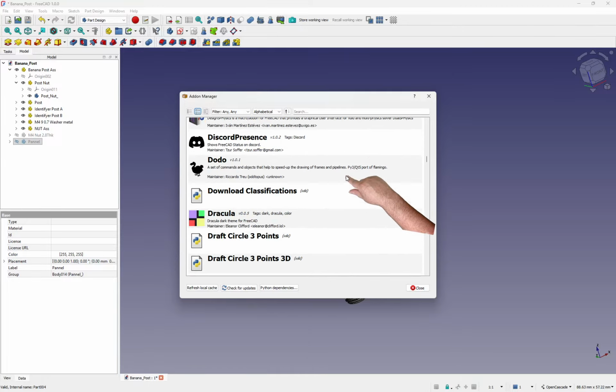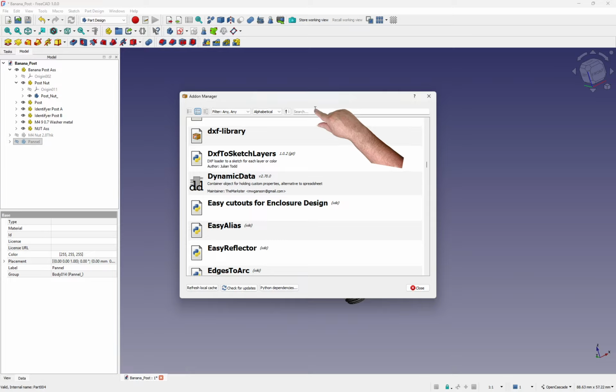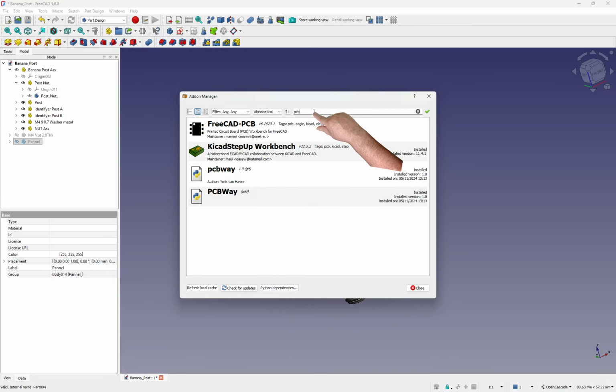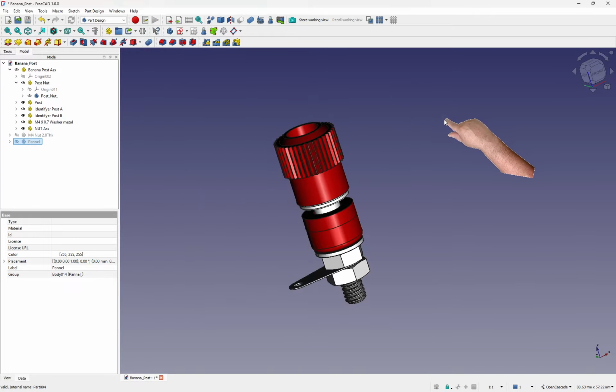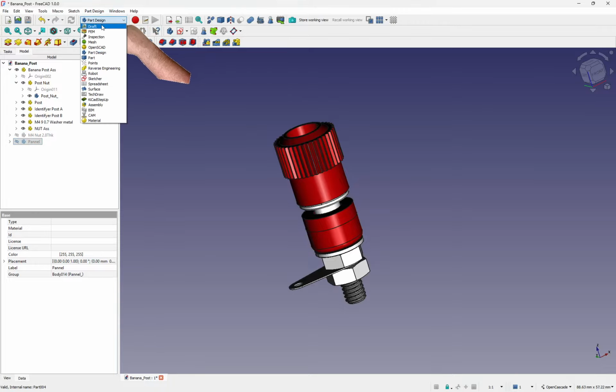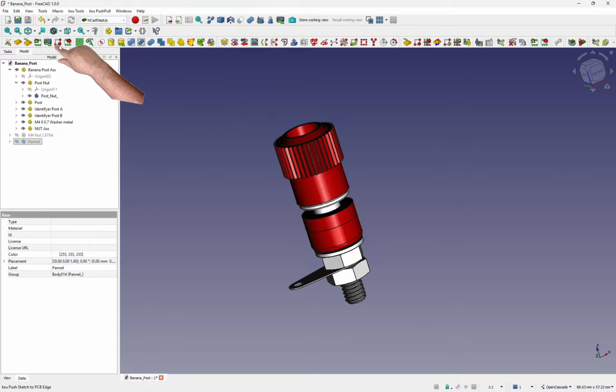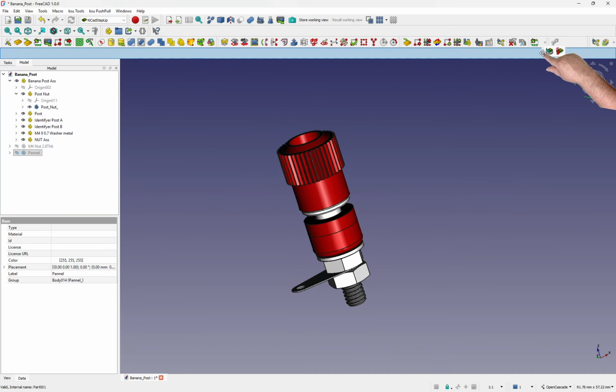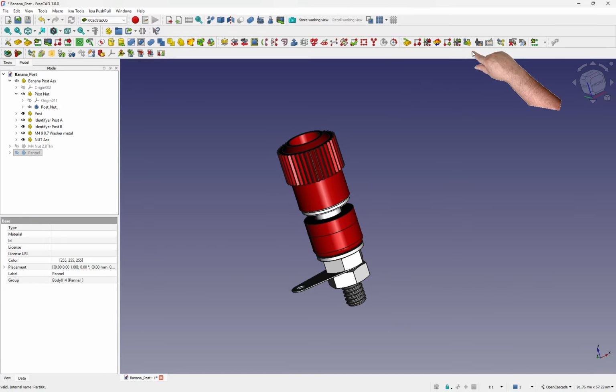And the old add-on that I used to use didn't use Python. But anyway, you just go down here, and you can search for PCB. I think you'll find it. And there we go, KiCAD set up, and you install that basically. And you can find it then on your workbench, KiCAD, and it gives you all this stuff. Now, a lot of this stuff, let's just move some of that down. All this stuff is for creating a KiCAD model, but you don't really need all this stuff